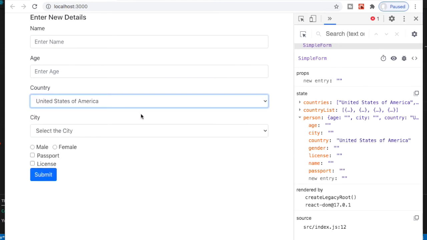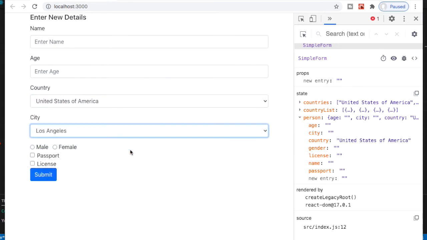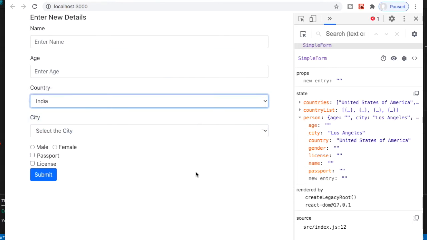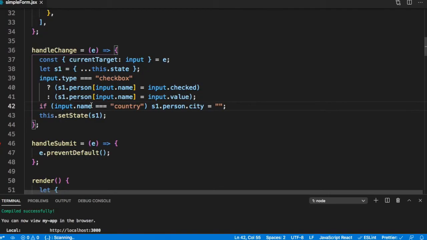United States of America. I select Los Angeles. So we get that. Now when I choose India, you can see I get select the city here and the city is an empty string. So in this case, we had to specially do this linkage that when the country's value is changed, then we reset the value of city. So this has now solved our issue.